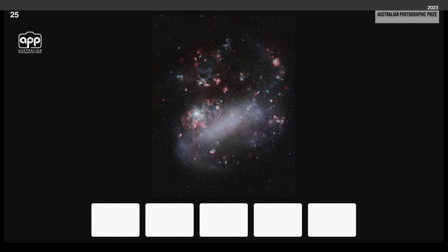Okay, the Large Magellanic Cloud. We are looking at 1,950 frames of 300 seconds each. Do the math on that, and I think you'll work out a lot of hours. It's a long-term project in mosaic form from San Pedro de Atacama in Chile. This is taken with a William Optics